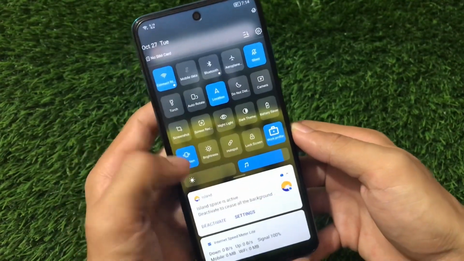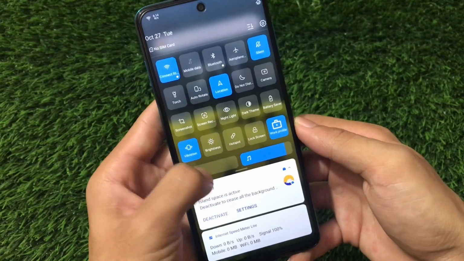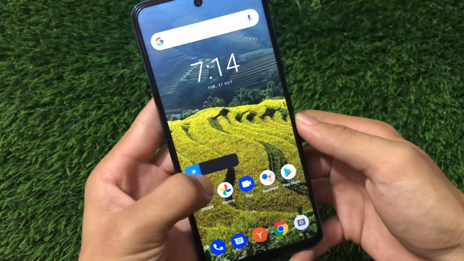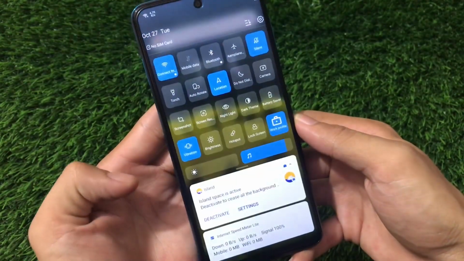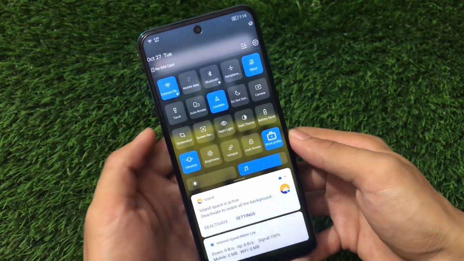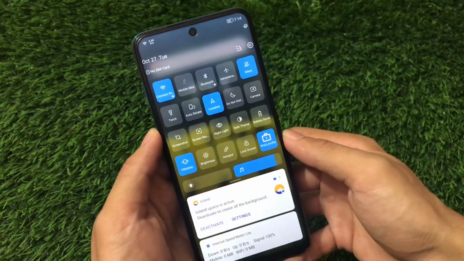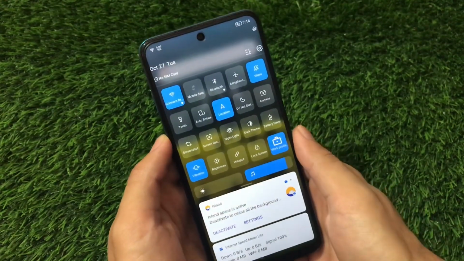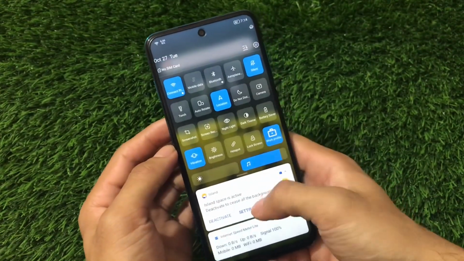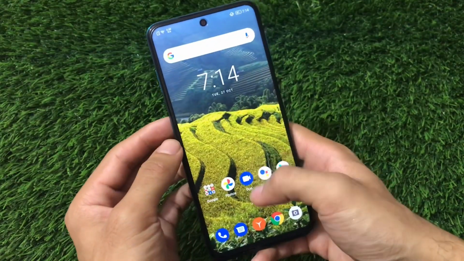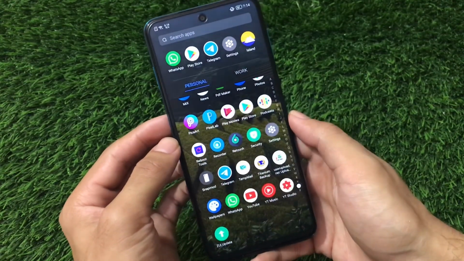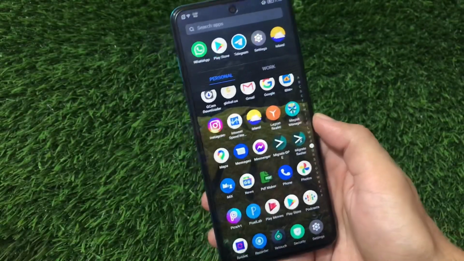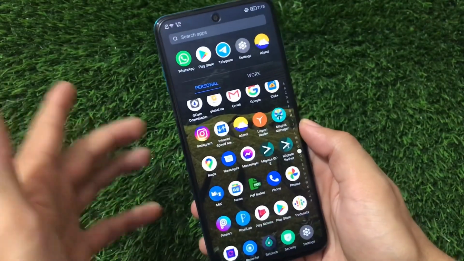Almost everything is working perfectly fine here. The brightness slider is a bit of an issue for me. As you can see, it's not working here at all, and it's now at 0, but still you can see it's really bright. So these might be a few bugs in my case, and yes, it's a ported ROM, so a little bit of bugs are available here and there, and I got to see these kinds of bugs here.